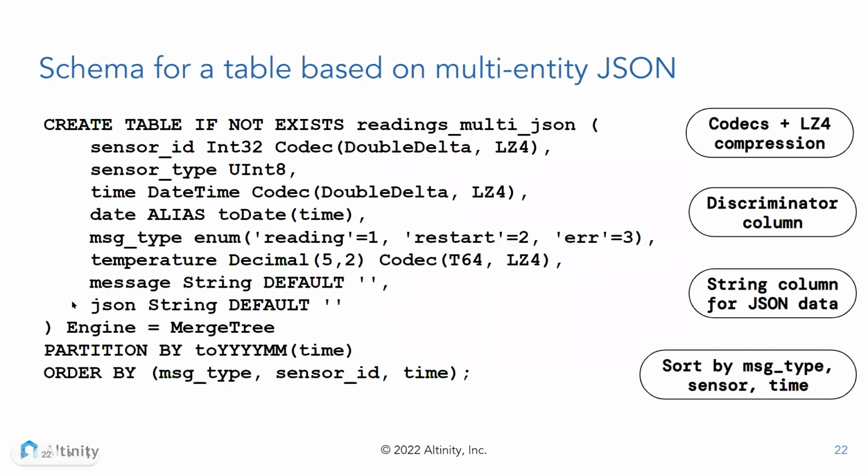And in fact, what you get is a schema that looks like the following, and this is pretty close to our final schema. So we have which is basically what you saw before. We're going to introduce a discriminator column because we have multiple event types. So we'll want to tell which kind of event we're dealing with, a reading, a restart, or an error. There's the temperature because that's the main thing we're interested in, error message if we get one. And then the JSON data here is just a string default.